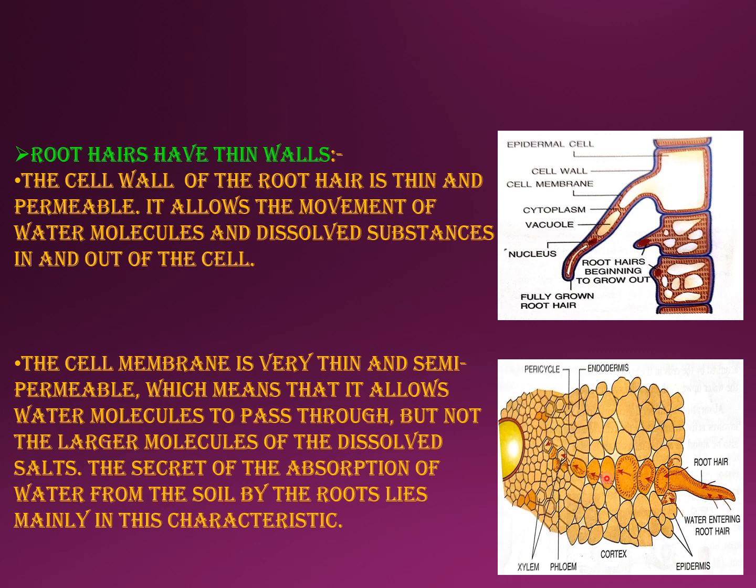Then it passes into the endodermis. There is a layer over here called the endodermis, which encircles the vascular bundles. The vascular bundles are xylem and phloem, clearly shown over here. Next to the endodermis is another layer called the pericycle. So the water from the soil passes through the root hair, enters the cortical cells, passes through the endodermis, then through the pericycle, and then enters the xylem vessels. From the xylem vessels, it is conducted into the plant body.